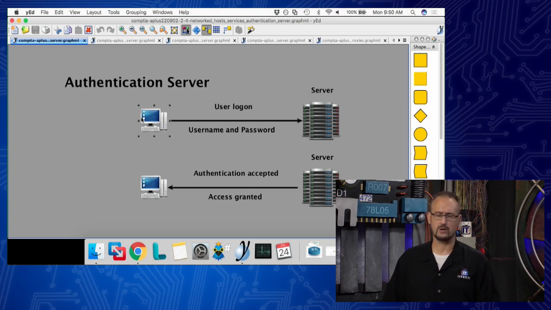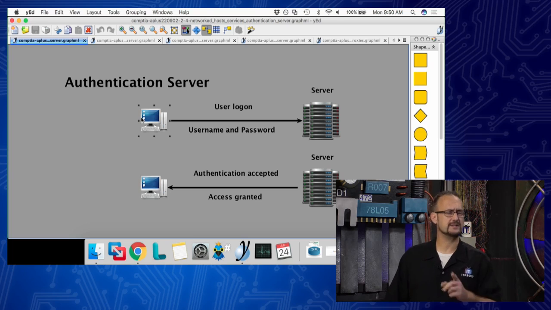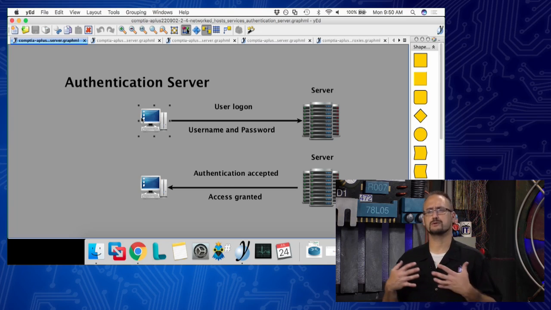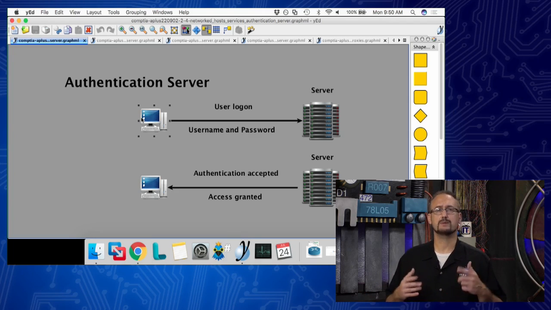So when we talk about network hosts, back to the original point here, when we talk about network host services, I want you to think about the services that we're going to talk about. It's more about the servers providing a service, a role, a functionality that's needed, typically in things like corporate environments. Now, it doesn't have to be a corporate environment, because you can have things like media servers in a SOHO environment, or even a local web server on the local network. But either way, keep in mind that we typically find these in an enterprise level network.